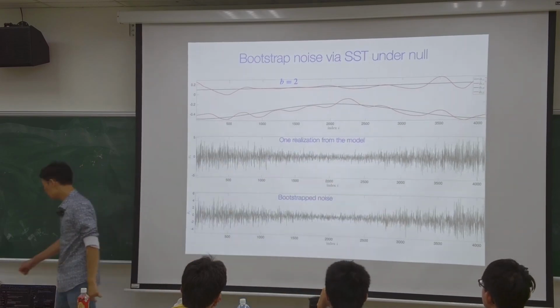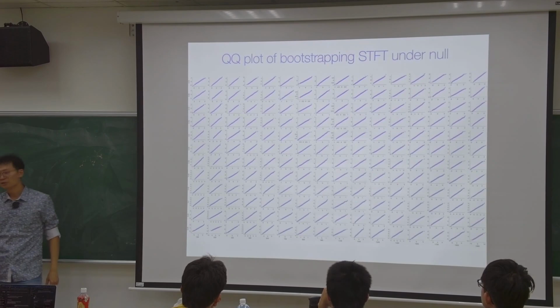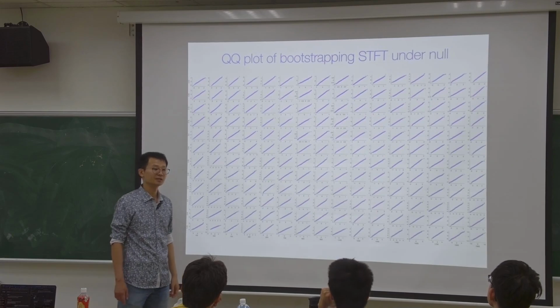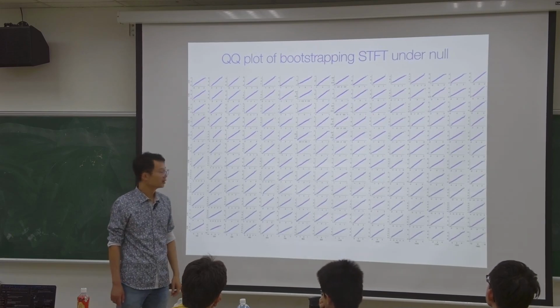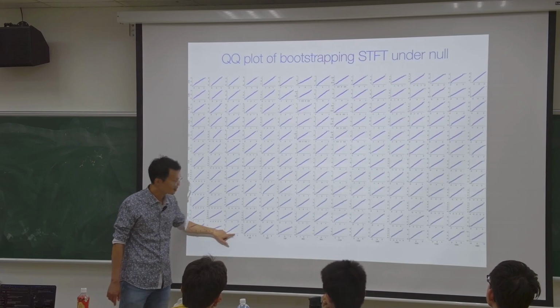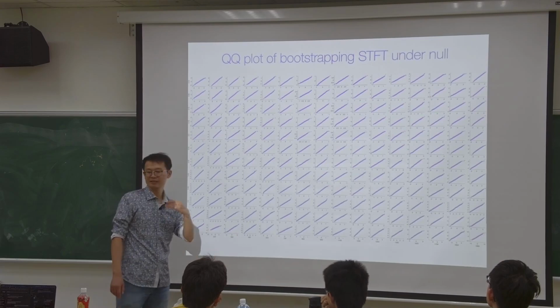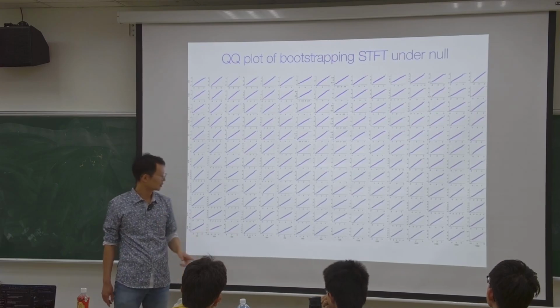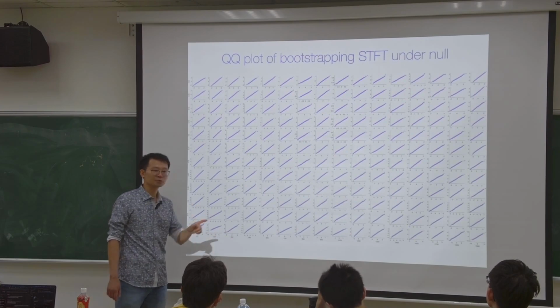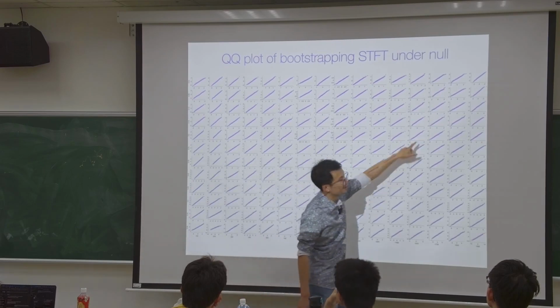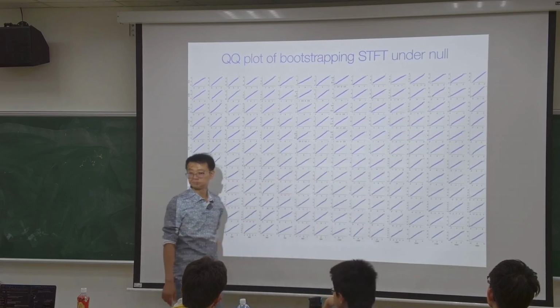In this case, you can actually achieve a very good approximation of the random process, of the distribution. Here, the x-axis is 1,000 or 10,000 realizations of the same noise, which is the ground truth model. The y-axis is by bootstrap. You can see that the bootstrap gives you a very nice approximation of the true distribution.